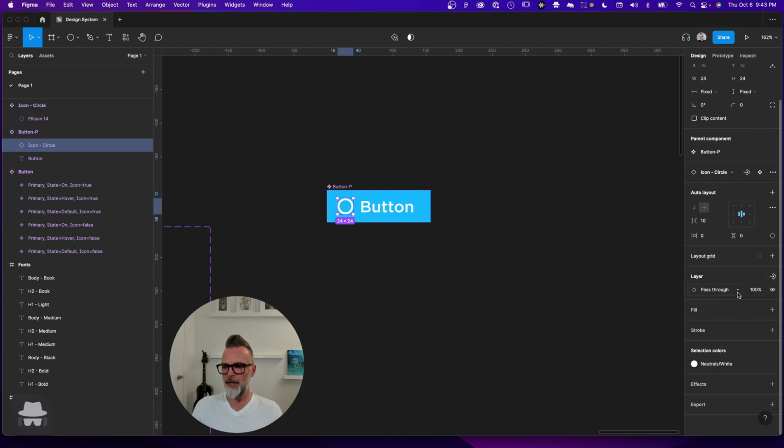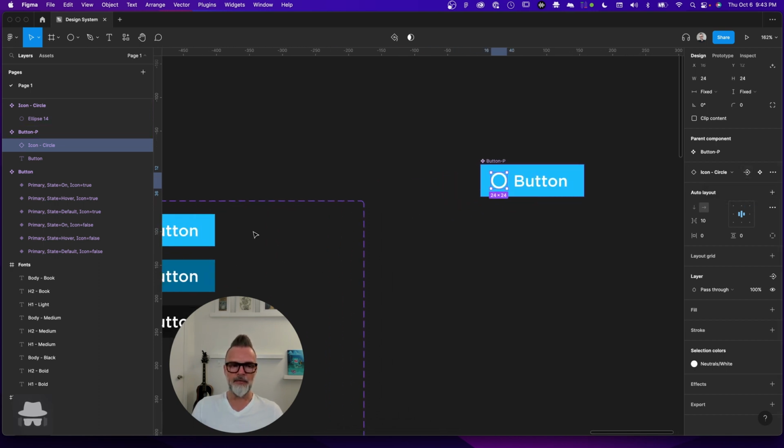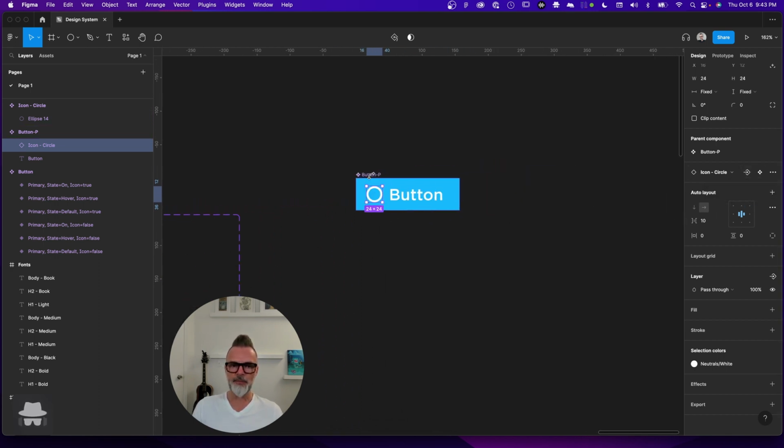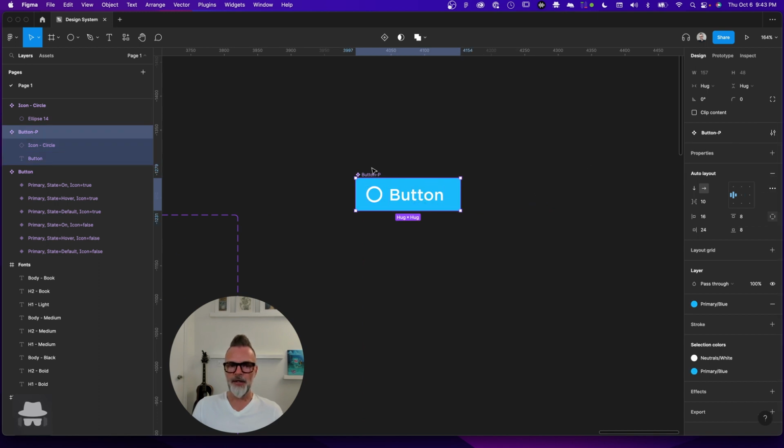In layer, there's a Boolean property available to us through the layer menu. There's also an instance swap property here, which would allow us to swap that icon out for other icons in our library easily. And you might want to use both of these if you were creating a button that you wanted to be very flexible for your team. But I like to use a mix of variants and properties,